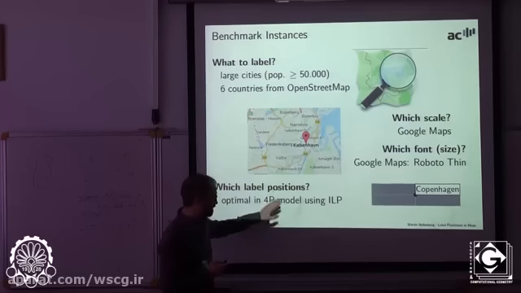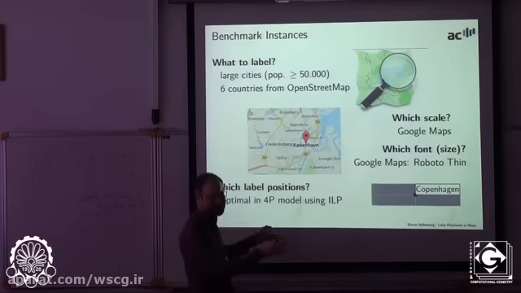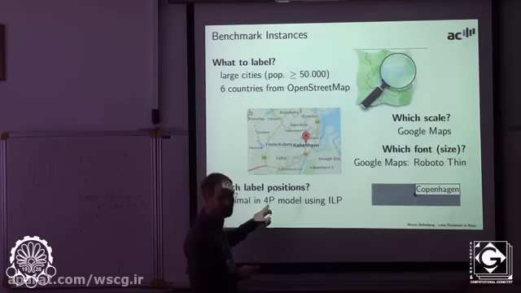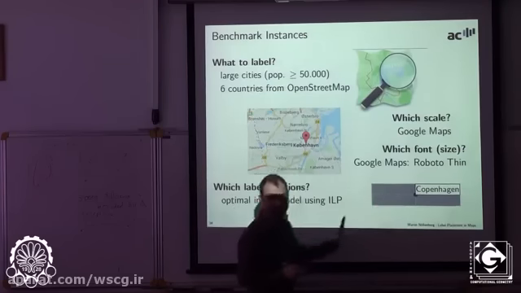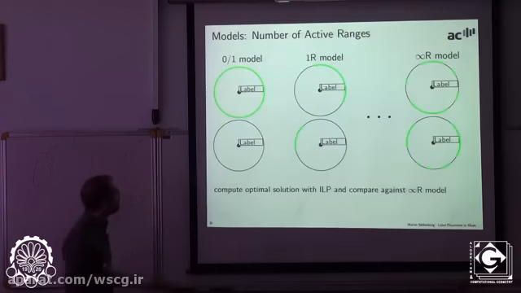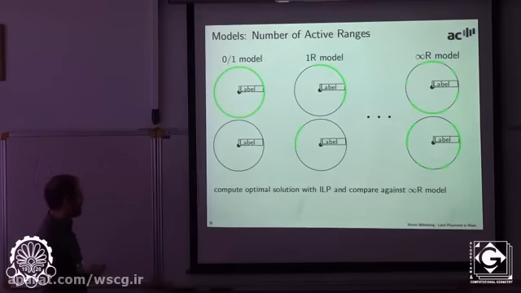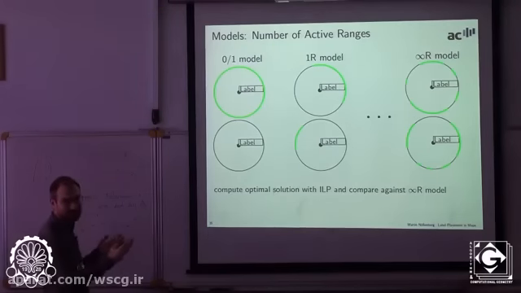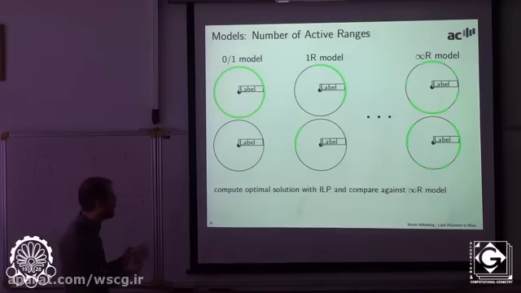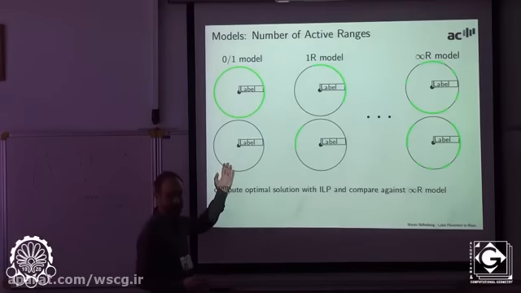Our starting labeling was an unrotated, so northern-oriented labeling using a 4-position model initially, so we picked for every point one of those positions nicely. And then we computed optimal solutions with the ILP and then compared them against the maximum possible active ranges that we can gain if we forget about all the consistency. And this tells us how close to the best achievable thing we are,